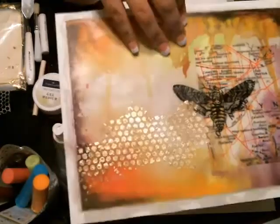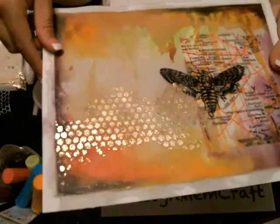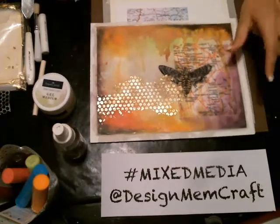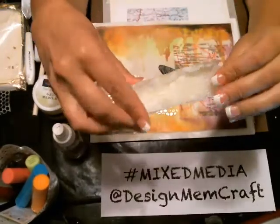All right, so right now I've got my beeswax all set. It's all warm and melting. If you've never worked with beeswax or even seen what real beeswax or refined beeswax looks like, this is a hunk of